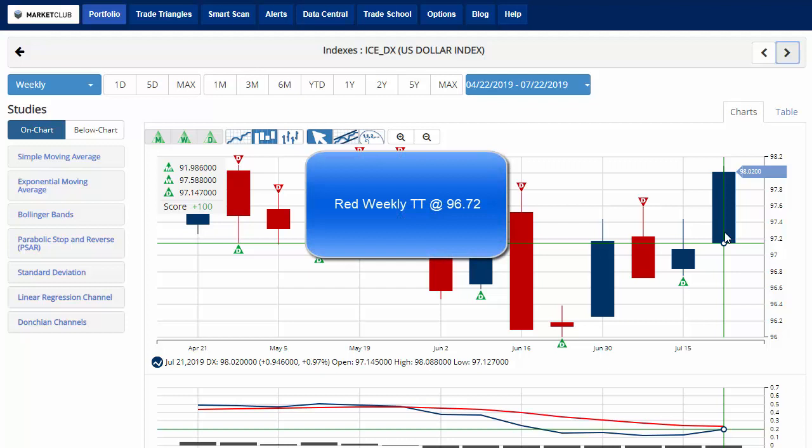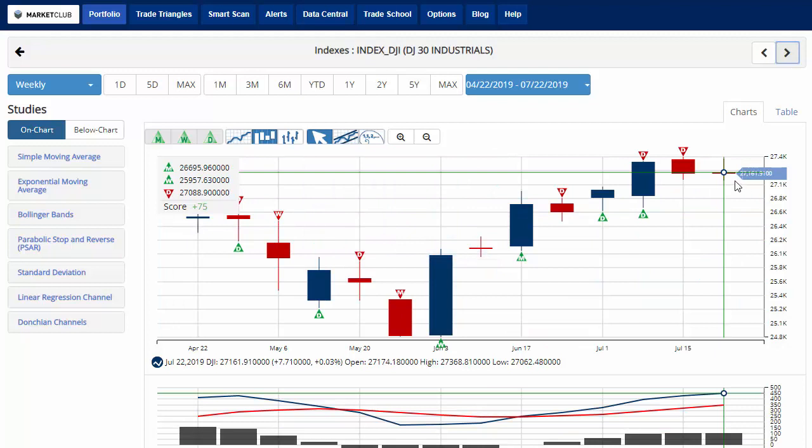Key level to watch remains 96.72. A move below that level would issue a red weekly trade triangle, indicating a move back to a sidelines position for the dollar index. Dow Jones not quite being as lucky as the S&P 500 and